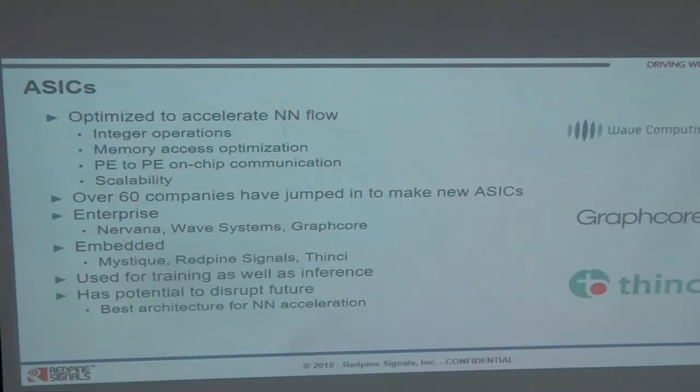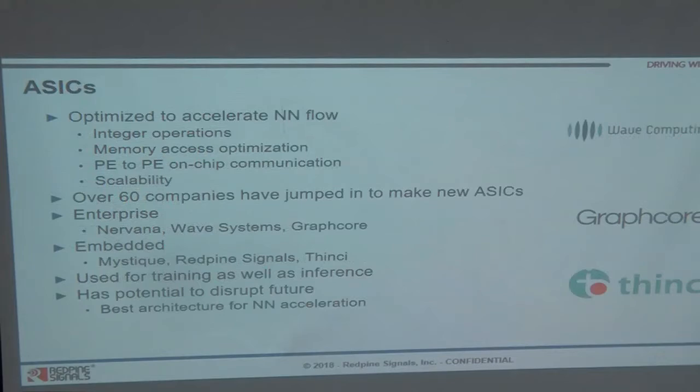And ASICs are the new kids on the block, if you will, the companies that are going specifically after the AI market, and they're building chipsets that are optimized to run the AI algorithms. Most of them have focused on integer operations because neural networks don't necessarily have to have floating point. So most of the data path you will see in these chipsets is based on integer, although you can also run floating point at a reduced